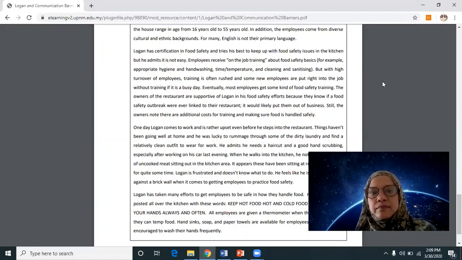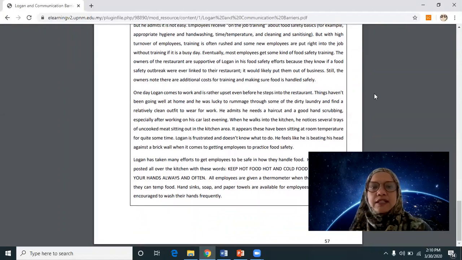Eventually, most employees get some kind of food safety training. The owners of the restaurant are supportive of Logan in his food safety efforts because they know if a food safety outbreak were ever linked to their restaurant, it would likely put them out of business. Still, the owners note there are additional costs for training and making sure food is handled safely.